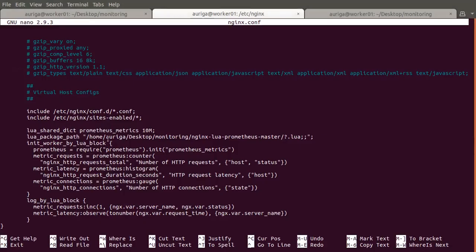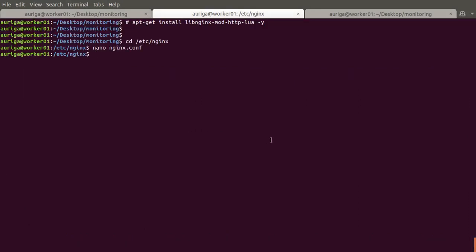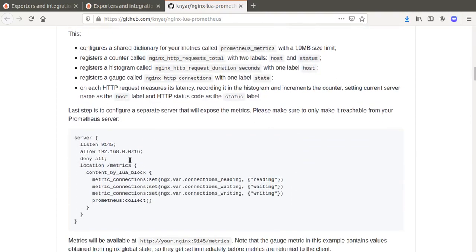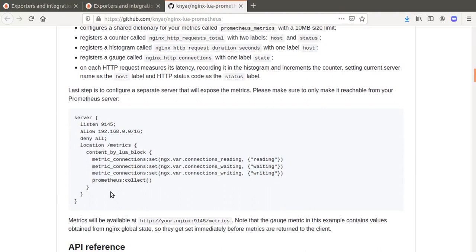So I already changed my path. This is my path. This code snippet is to export your metrics at this URL.